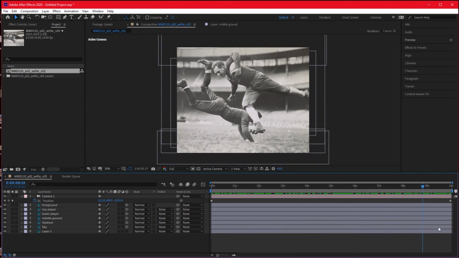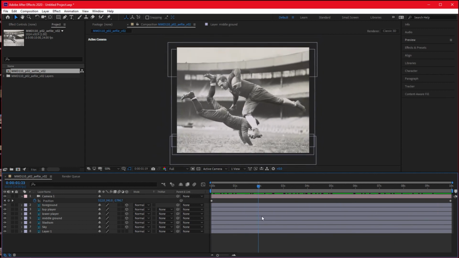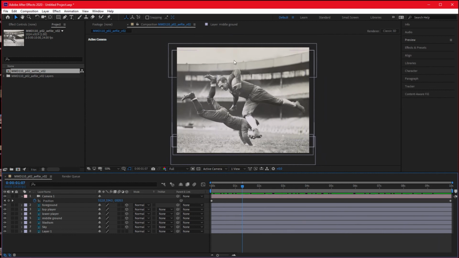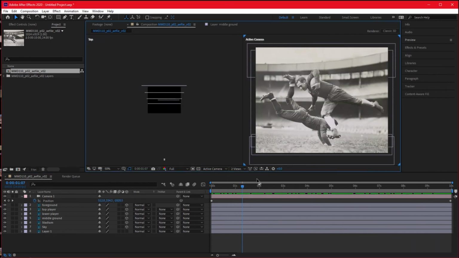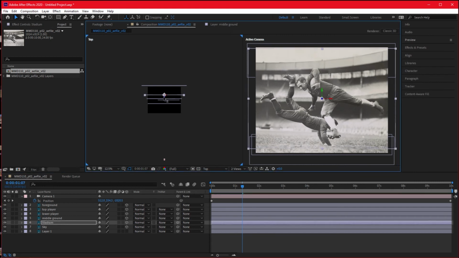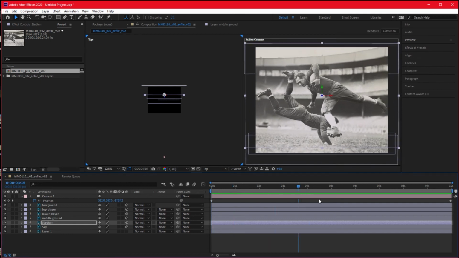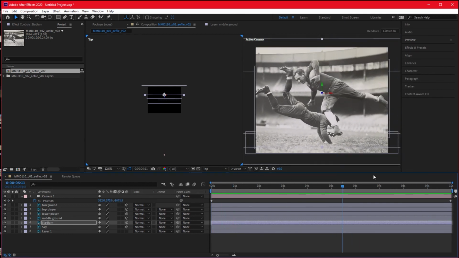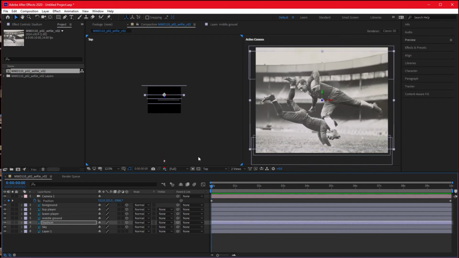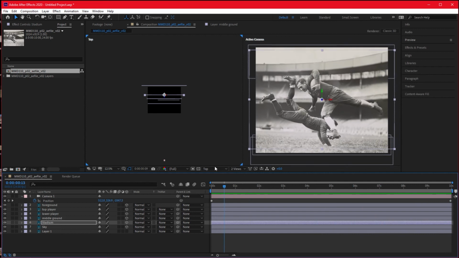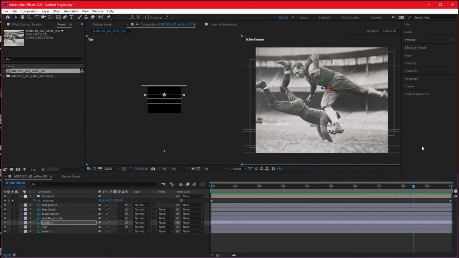So you get this, and there's a little bit of parallax going on. It's not super dramatic. He's not really sliding across this stadium. If you wanted that to be a little bit more dramatic, again, the closer things are, the more they slide. So there you get just a smidge more sliding across the thing. So it just kind of depends on how much slippage you want. Sometimes it's nice to go with the subtle, sometimes you need extreme parallax, so it really depends